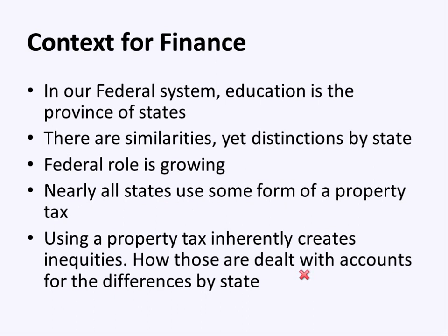Something we'll see in just a moment. Well, and I'm saying it here in the last bullet, I think everybody in this class is from Georgia, so you can envision, if you just get in your car and drive around Georgia, you can see that our wealth within the state is not equally distributed in all counties and in all school systems. Some counties, like Fulton County, we'll pick on Fulton right now, are much more wealthy than the rest of the state of Georgia. So when you use a property tax and you have wealth that's not distributed equally, in other words, we have inequities in our distribution of property wealth,